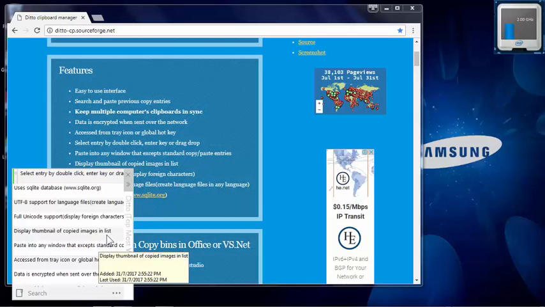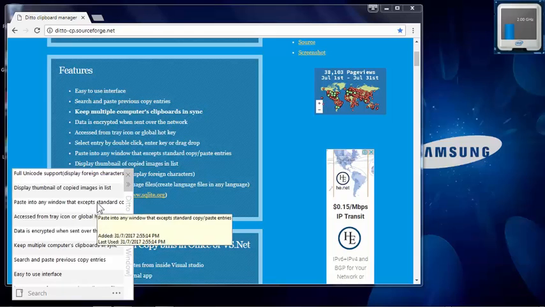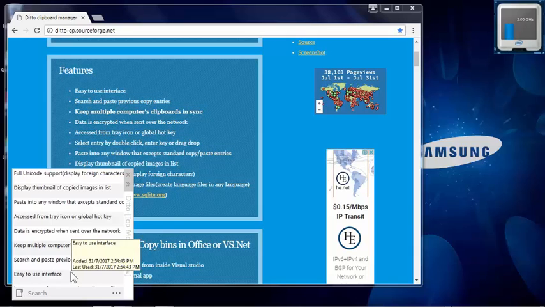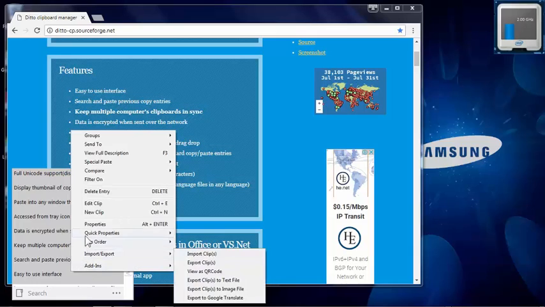Now we can assign groups. So what we're going to do is highlight them all, starting from users SQLite database, which is the most recent, and I believe it's going to be easy to use interface, which is the first one. So you're going to hit shift and click. Once that is done, we open up the context menu, right click, and we go about to